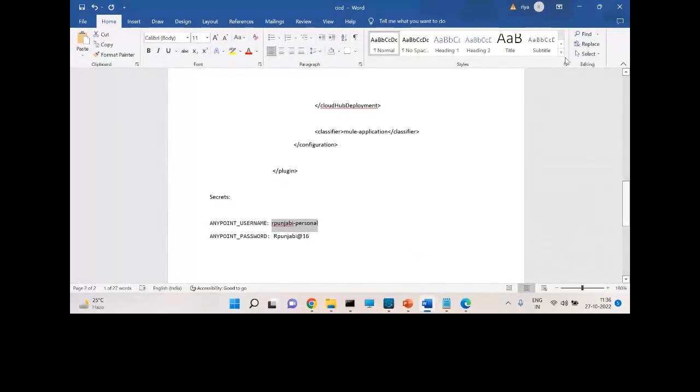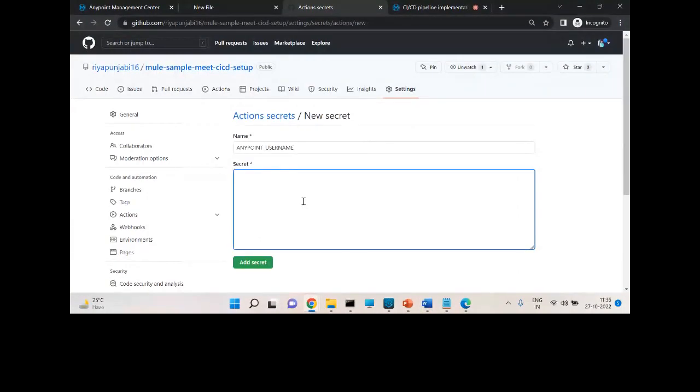Make sure there are no extra spaces, because it is not visible again; only when you are adding it is the secret visible. If any spaces are added, it will show you build errors and it will not deploy.